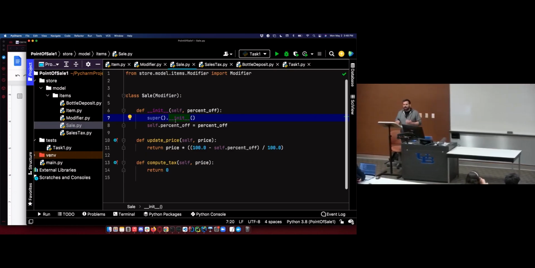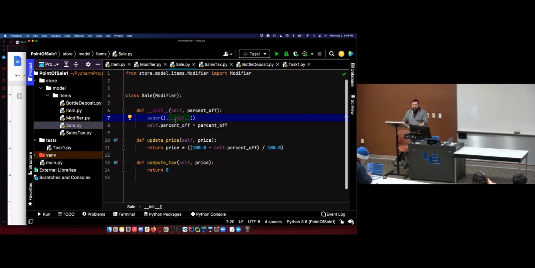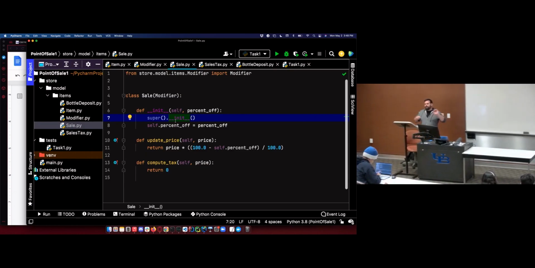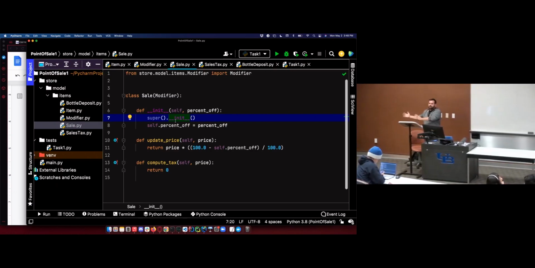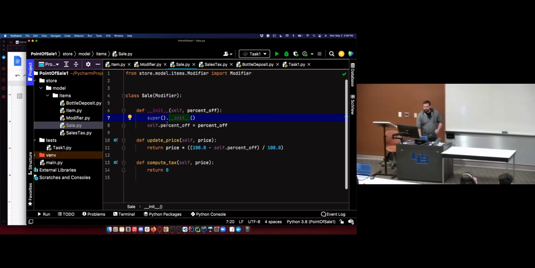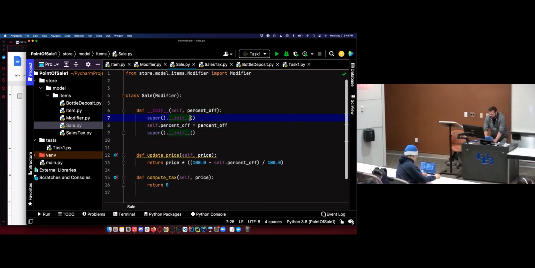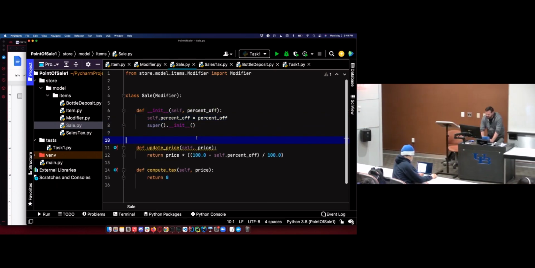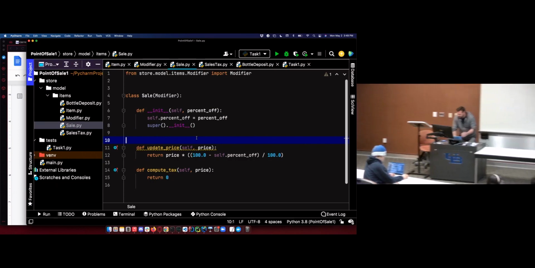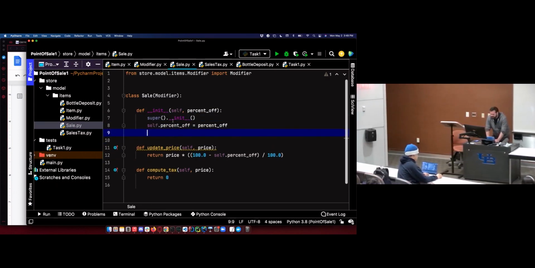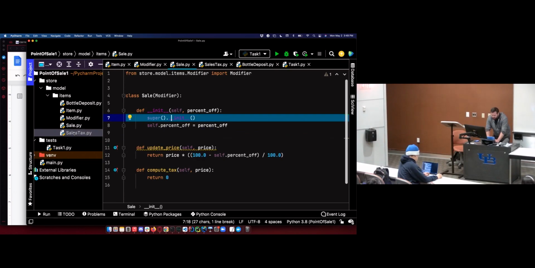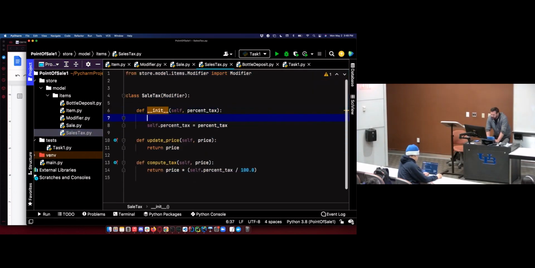So what we need to do is call the super constructor explicitly, because now that I have a constructor, this is something Scala didn't really make us worry about. We did. When we said extends and then we called the constructor right there, we have to do the same thing in Python. Our first line of all these, and literally the first line, if it's not the first line, it yells at me. Oh, come on, IntelliJ, you're letting me down. I wanted you to be abusive. And it didn't yell at me that time.